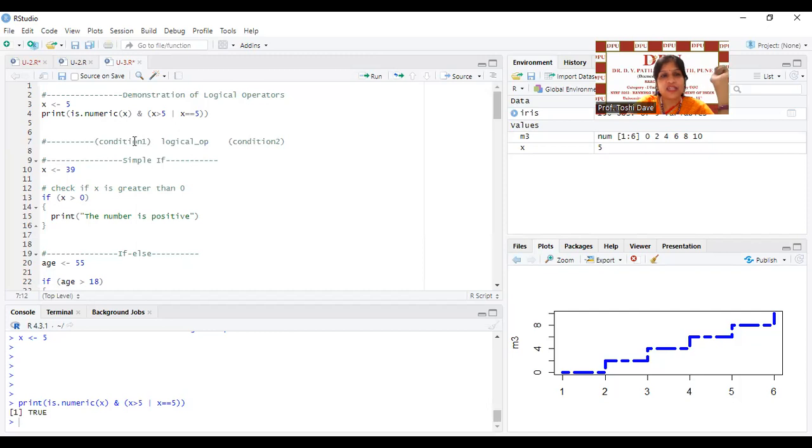Now our condition 1 is is.numeric x. Either the output will be, is the value of x numeric, you will say yes or you will say no, right? For yes it is true, and for no it is false. Clear? So whatever the output of condition 1 is, it is combined based on the logical operator. Condition 2 will also be based on the logical operator. The outputs of both conditions will be evaluated to get the final output, which will either be true or false. Like, for example,